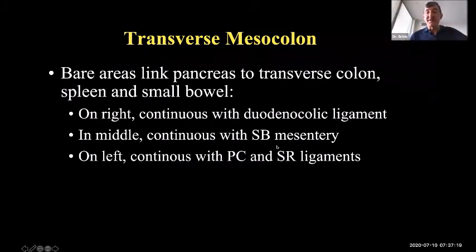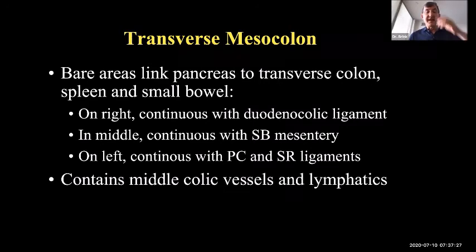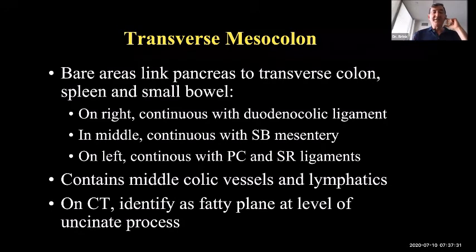We've already talked about the splenorenal ligament. The phrenicocolic ligament suspends the left colon from the body wall, and we'll see at least its root in just a moment. It contains the middle colic vessels and associated lymphatics. On CT, we identify the mesocolon as the fatty plane just ventral to the uncinate process, and it's important to remember that it may not be completely lined up perpendicular to the uncinate. You may have to extrapolate visually from transverse colon to the uncinate and know that that is the plane of